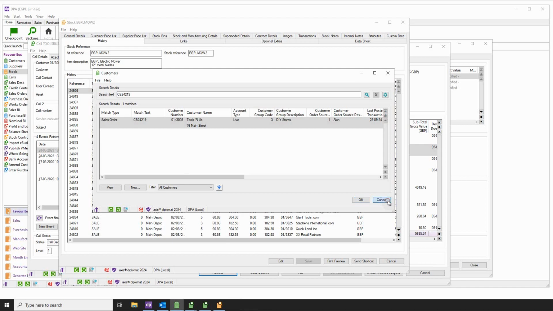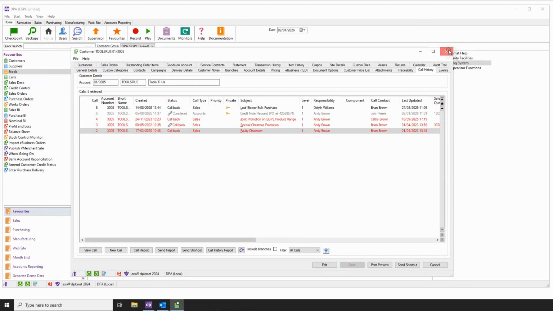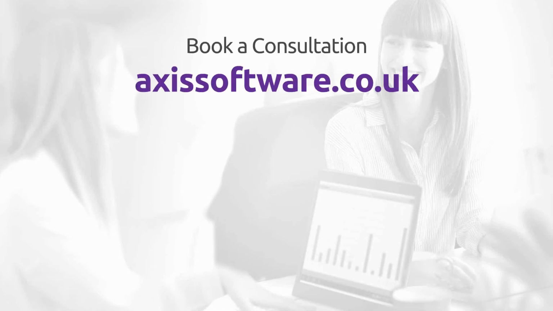Again, for efficient system use, the user should regularly review the open windows via the taskbar and close any that are no longer required. For more details, take a look at our online help resources